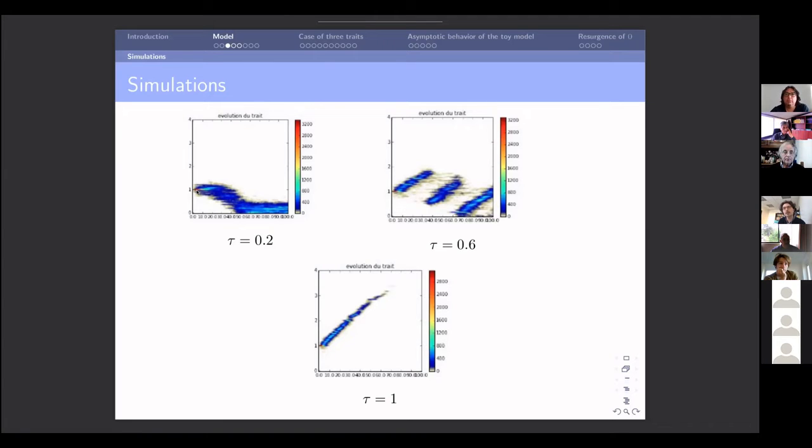We get that transfer has a tendency to increase the trait, right? Because it's removing y and replacing y by a larger x. So if tau is small, then you have a tendency to increase the birth rate, which is 4 minus x. Remember, it's larger at 0. So here you have a tendency to approach the trait 0, where birth is the best, where the birth rate is the largest.